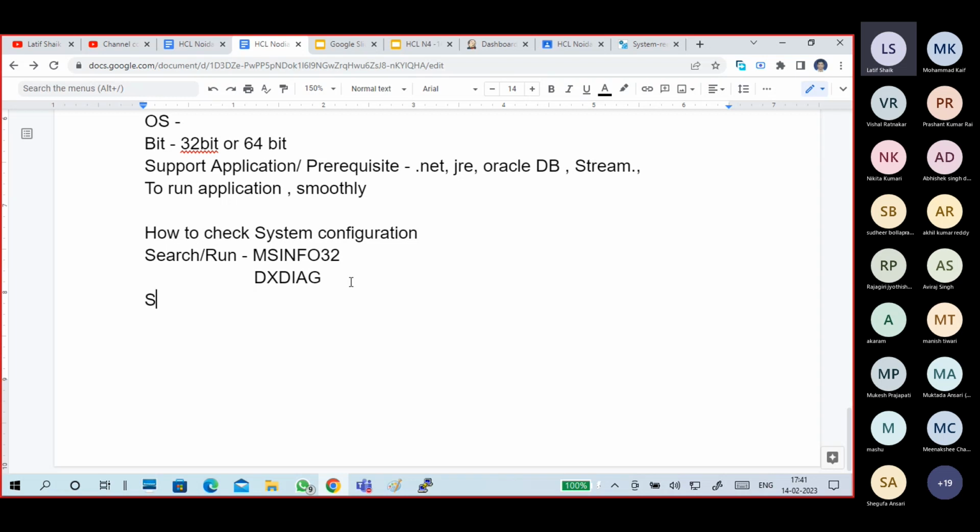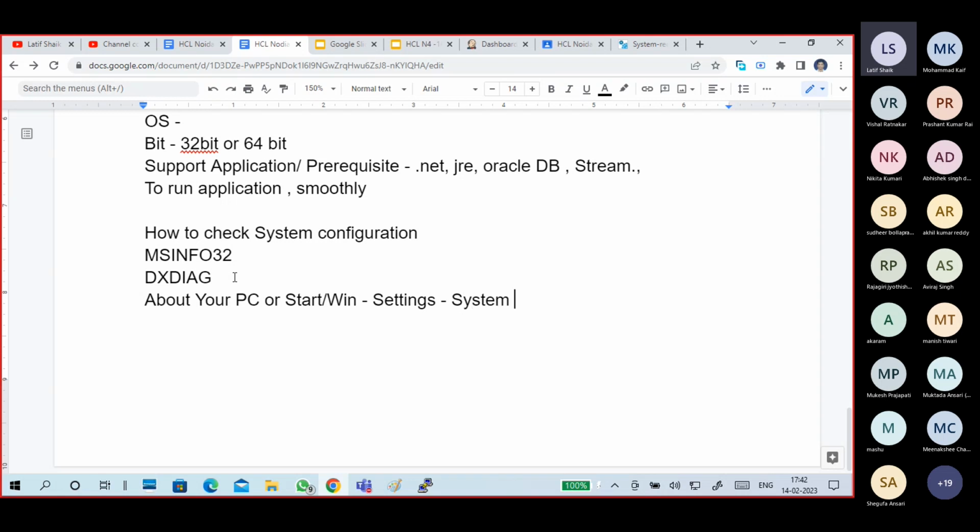In search, I will write tools directly, so why should we confuse such kind of stuff? About your PC, that's in search. You can go to start or Windows button, go to settings, system, and about.